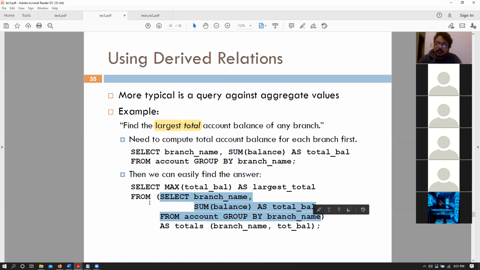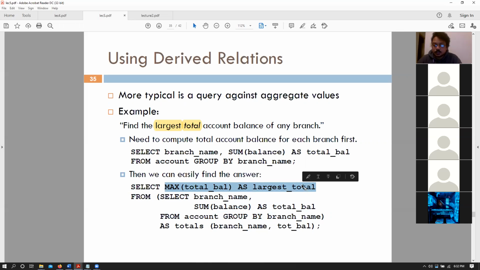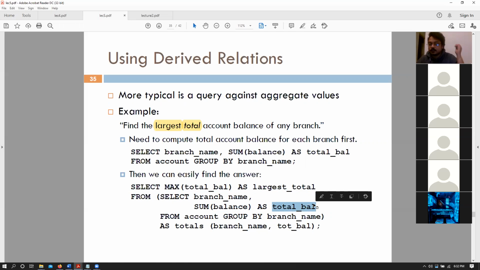Remember that whenever we are using from and a derived relation, we need to name it. We named it as totals. Then we say branch name and tot underscore balance. And then we say select max from this total set of balances as the largest total. So this total set of balances is generated from the inner query, and then we have another query that actually computes the maximum of those.